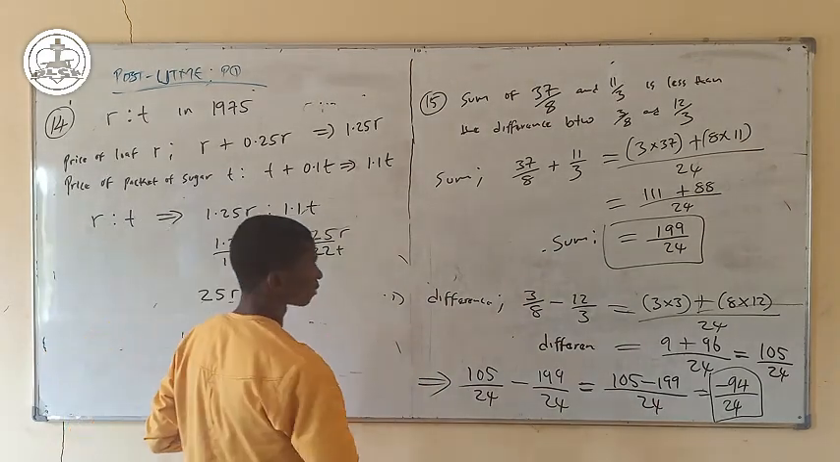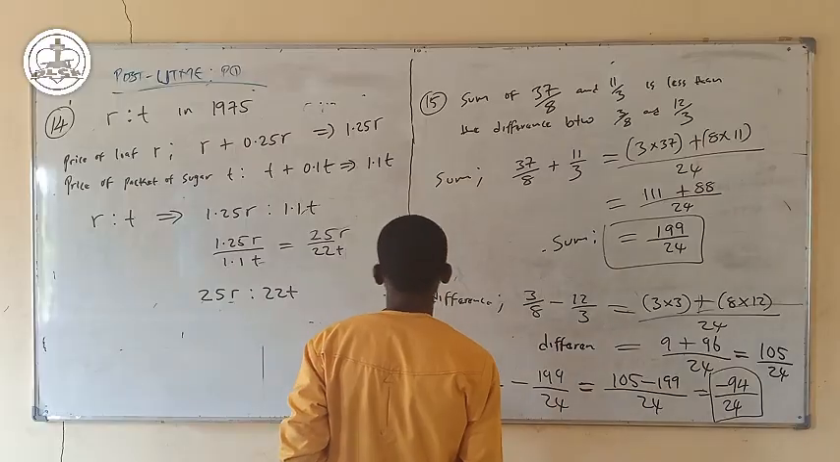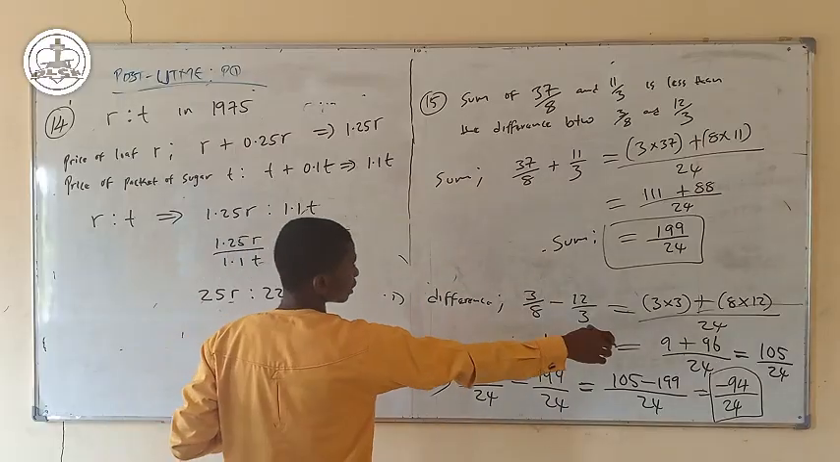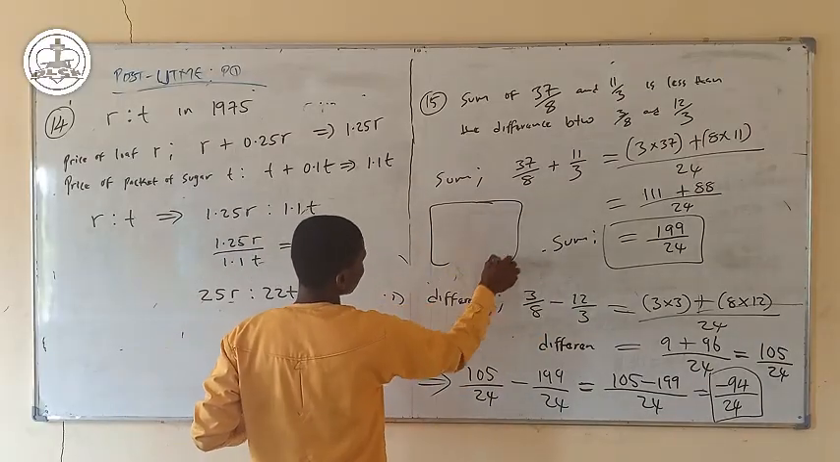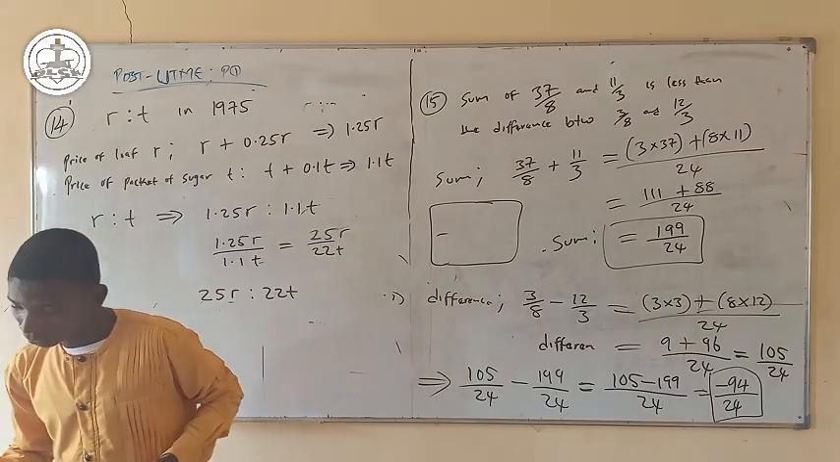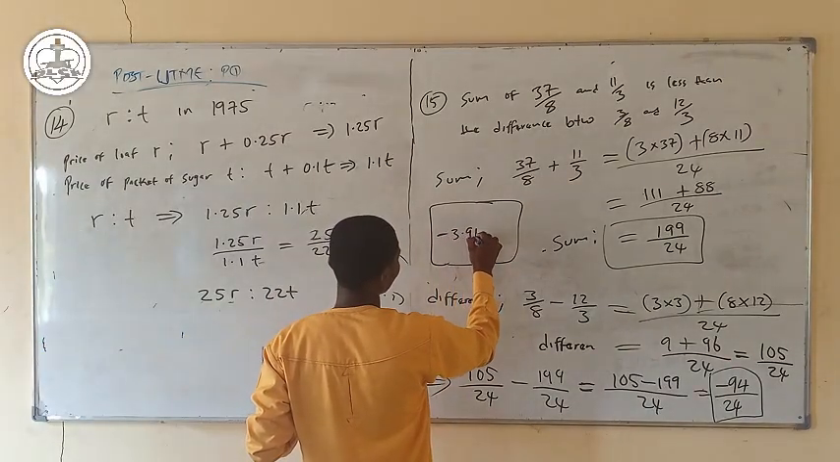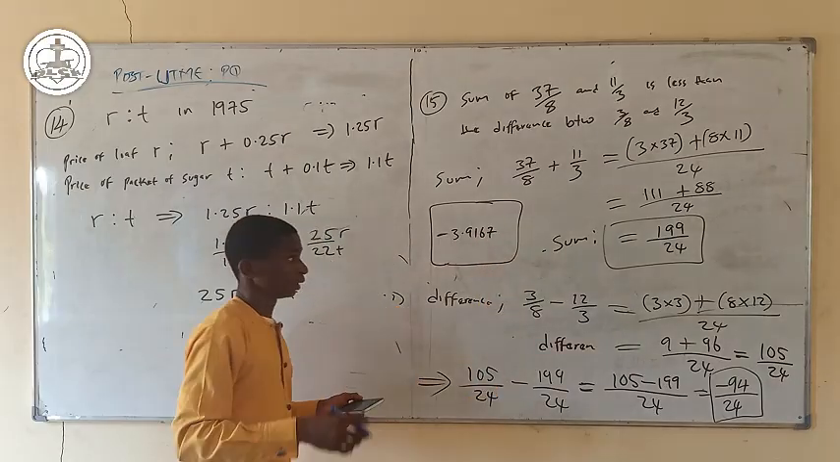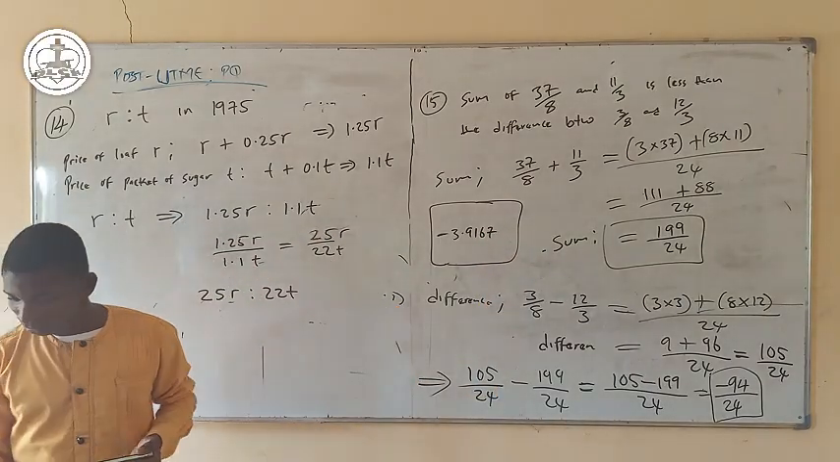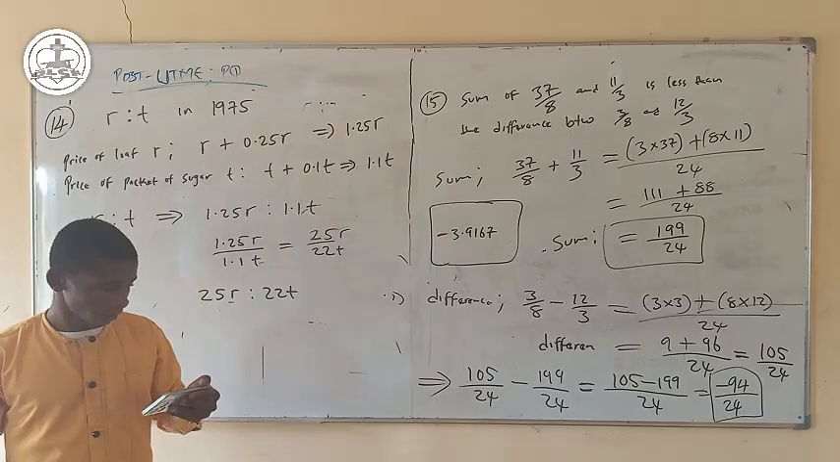So we're going to have minus 94 over 24. And if we put it in decimal place, we're going to have minus 3.9167. Minus 3.9167 in 4 decimal places. So our next question,